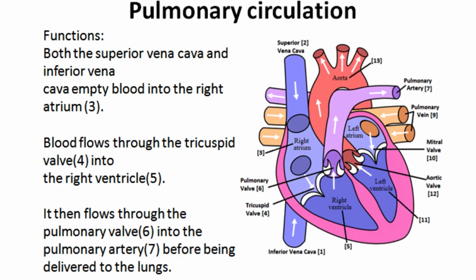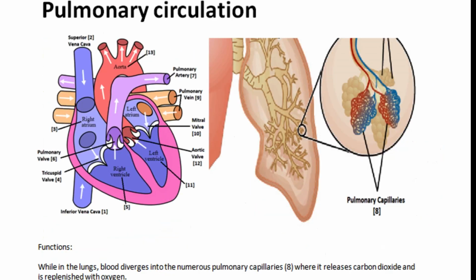So whatever is denoted here, I have marked. You can compare with these arrow marks. So deoxygenated blood came into the right atrium, right ventricle, then through the pulmonary artery it is going into the lungs. While in the lungs, blood diverges into the numerous pulmonary capillaries where it releases carbon dioxide and is replenished